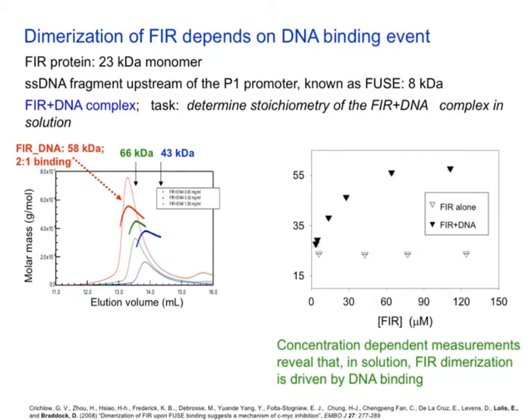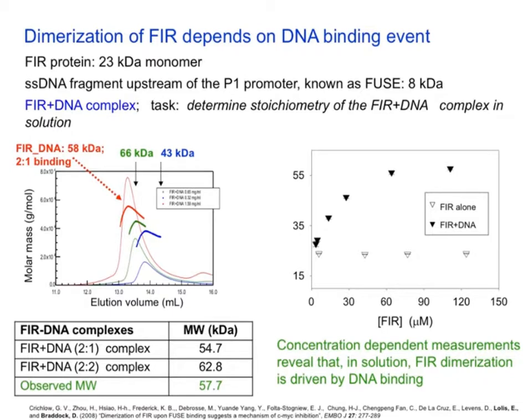When observed molar mass is plotted as a function of FIR protein concentration, we can see that FIR protein alone remains monomeric in solution, while binding to the DNA induces protein dimerization. The observed molecular weight at the highest protein concentration we tested, which is 58 kilodalton, falls somewhere in between the two stoichiometries that we can expect for the FIR-DNA complex, namely one piece of single-stranded DNA bound to the dimer of FIR, or two pieces of single-stranded DNA bound to the dimer of FIR. The observed molecular weight is somewhere in between, so to narrow down the stoichiometry to either a 2-to-1 or 2-to-2 complex,